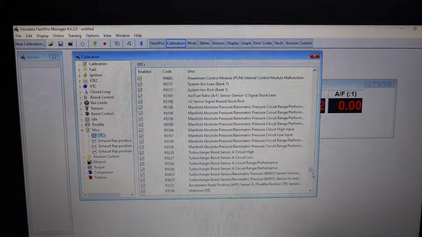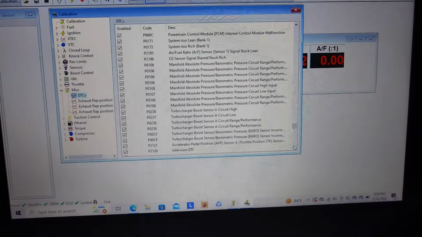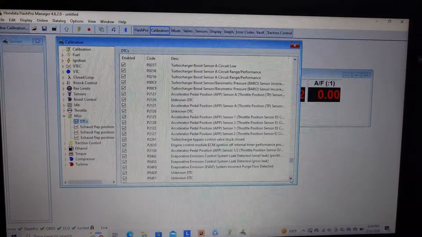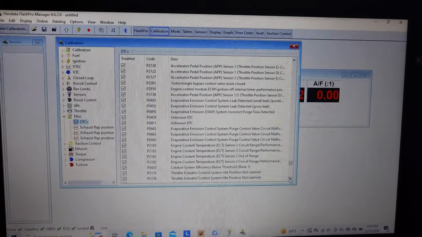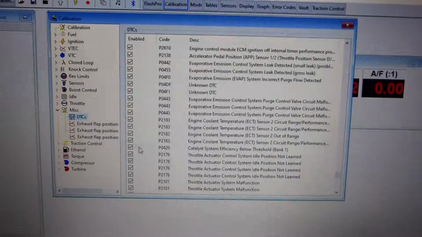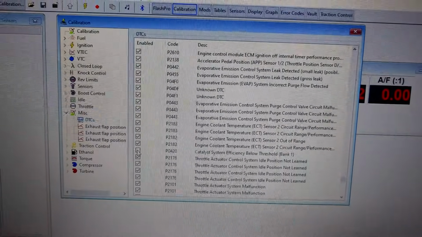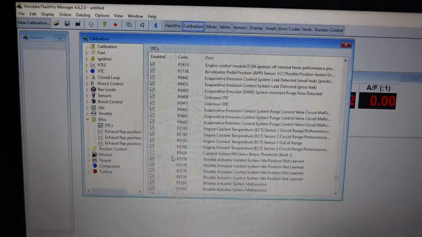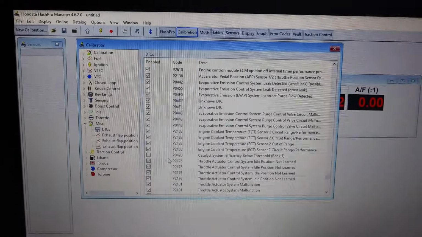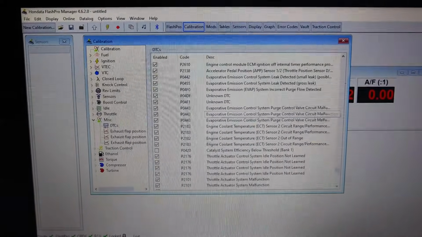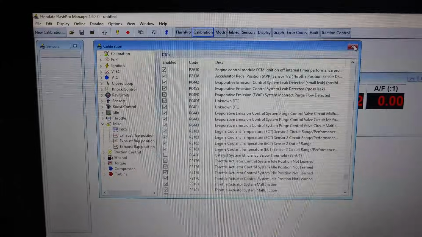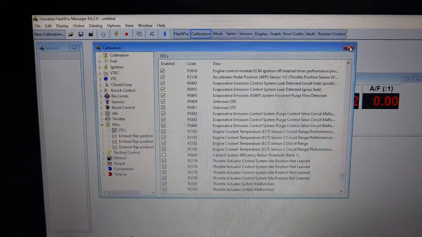Should be somewhere around here. Keep scrolling down a little bit, and it is right there. Okay, so P0420, you're gonna uncheck that, and that'll basically turn that off of the sensor for the catalyst system efficiency. So that won't be red no more. And then after that's unchecked, you just exit out of this. And if you want to make sure that it did it correctly,